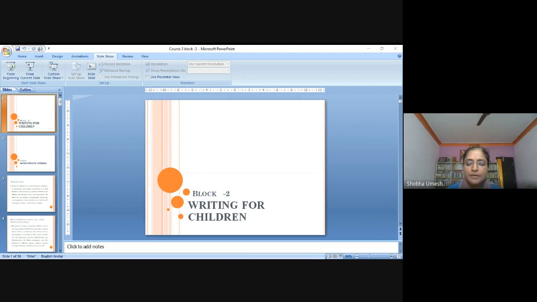We can see here children's literature, for example in India. There are certain magazines or newspapers where we come across stories written by some writers for children. Writing for children at present is largely limited to the children's page in the Sunday editions of many leading newspapers and the children's magazines which are published all over the country.